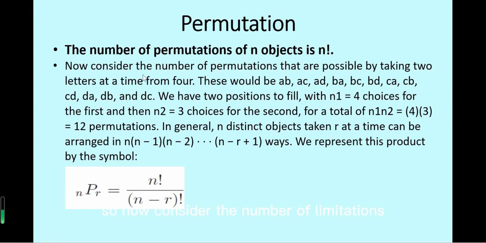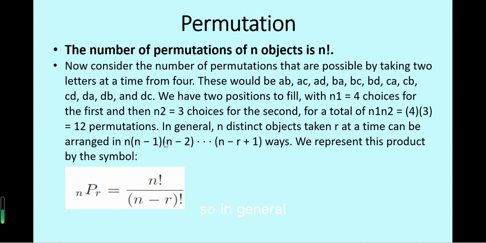So the total number of permutations of n objects is n factorial. Now consider the number of permutations possible by taking 2 letters at a time from 4. This would be AB, AC, AD, BA, and so on. We have 2 positions to fill, with n1 equals 4 choices from these 4 letters for the first position. And then n2 equals 3 choices for the second, because 1 letter has been chosen, so there are 3 choices left. So there are a total of n1 times n2 equals 12